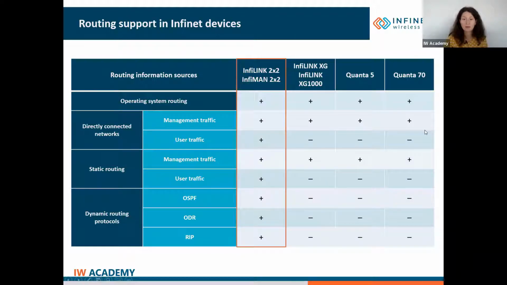The R5000 series offer full routing capabilities and are able to analyze layer 3 headers. You can configure IPs on all interfaces for both the management and the user traffic. You can configure static routing and dynamic protocols for the user traffic. Basically, the units can forward packets in routing mode like a typical router if appropriately configured.